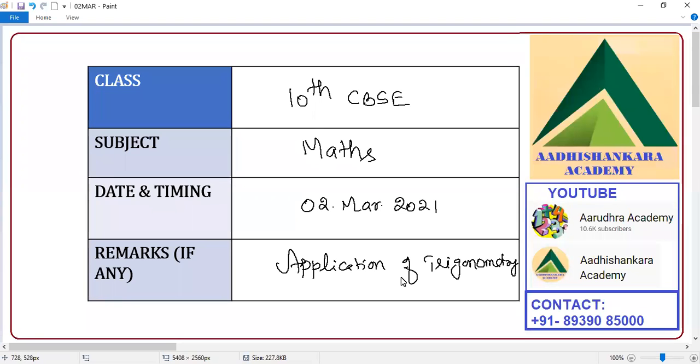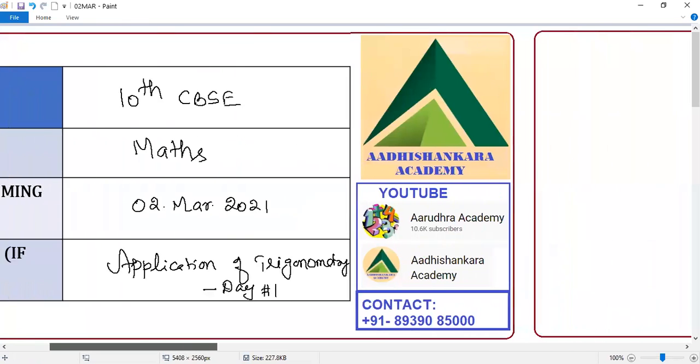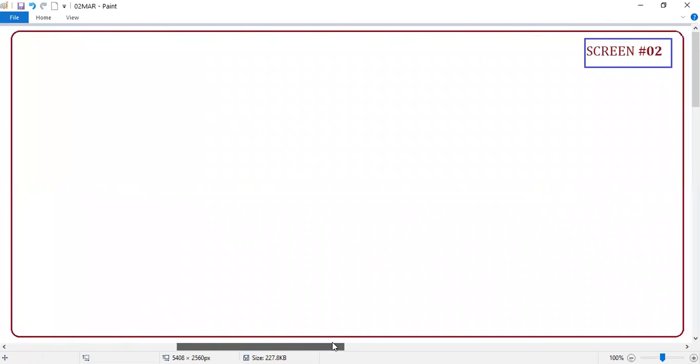Okay, guys. So application of trigonometry, and today is the first day. We learned about the identities, introduction, and a lot of results. We proved them in the last chapter, students. It's a continuation of the last chapter, but trust me, students, this application of trigonometry is going to be very easy. You are not going to learn a lot of applications, only one application.